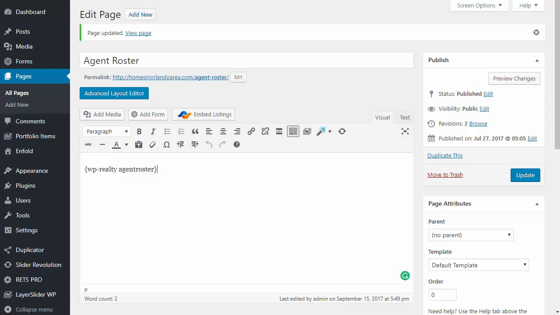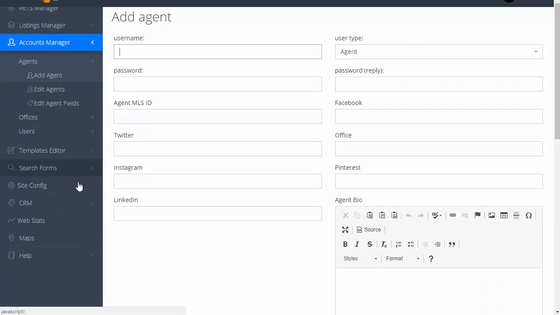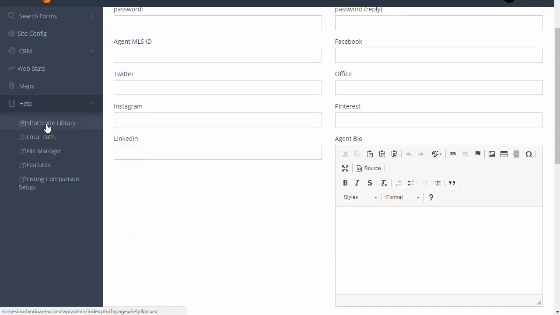Where do the tags come from? So some people don't know, and I'm going to go ahead and show you this. It's in a few videos. Under shortcode library right here,